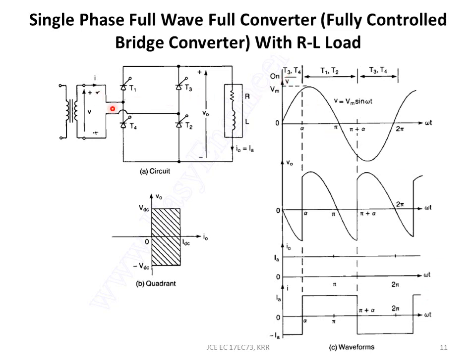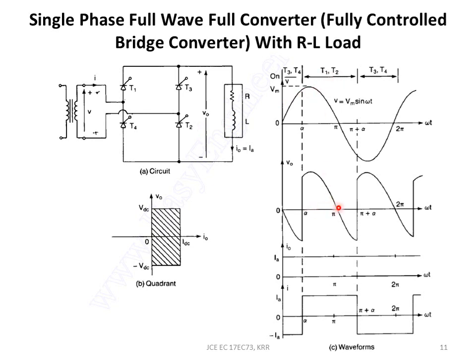Now when this is positive and this is negative, T1 and T2 are forward biased, but they are not conducting till and until a gate pulse arrives. Let us say the gate pulse arrives at alpha. So it will start to conduct from alpha, right, till pi, because it is forward biased till there. So from alpha to pi, T1 and T2 will conduct. I have shown here T1 and T2 will conduct from alpha to pi.